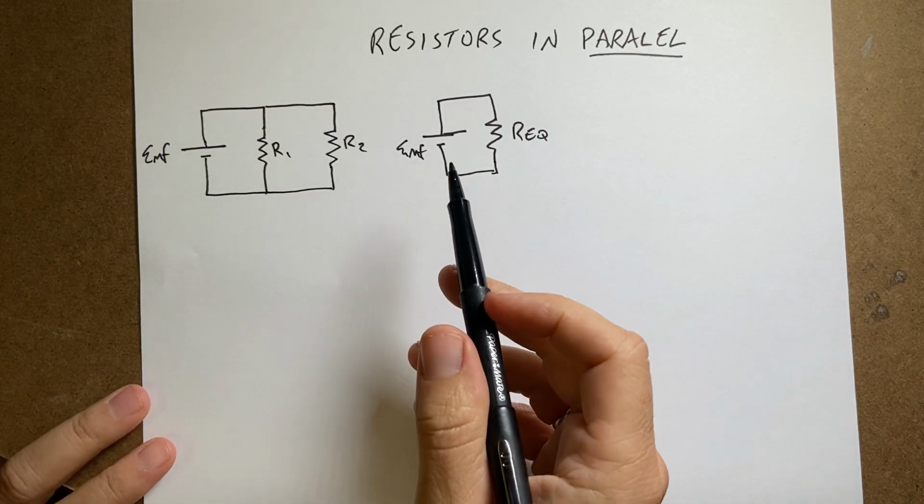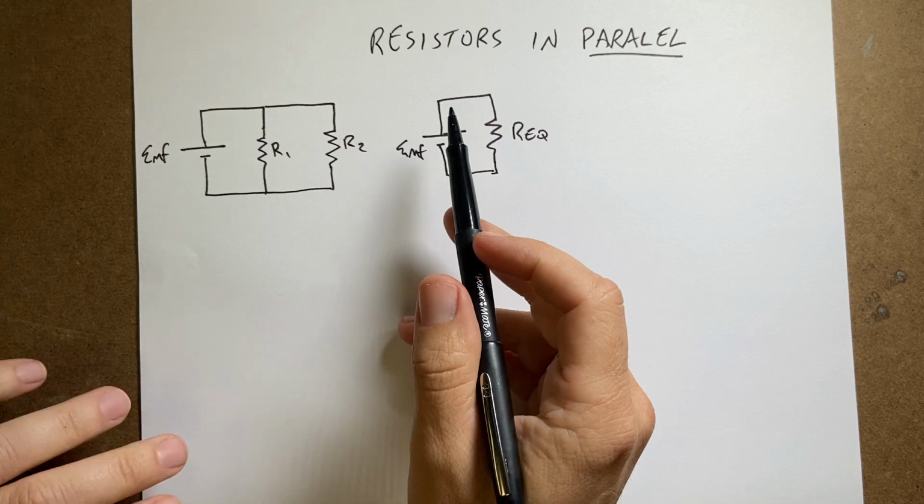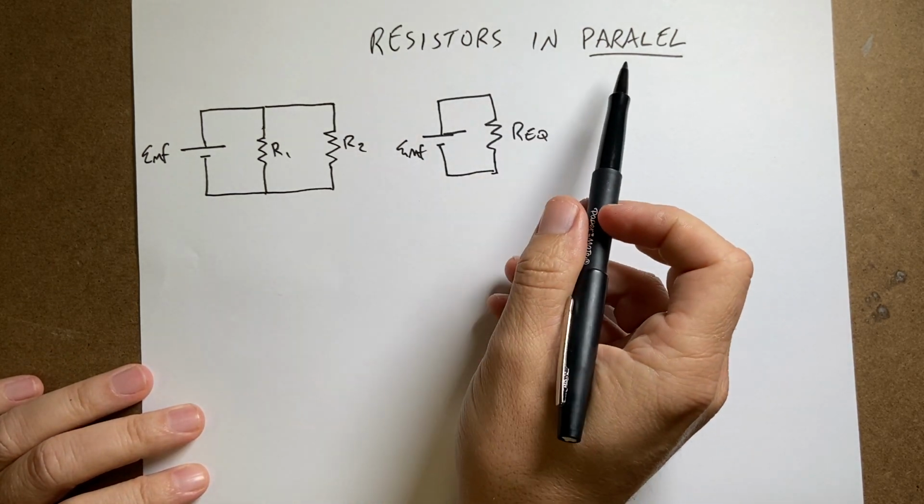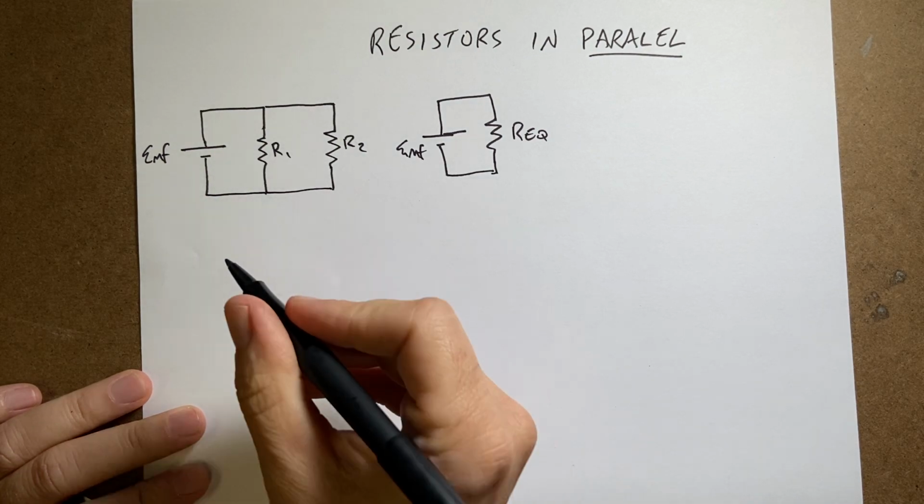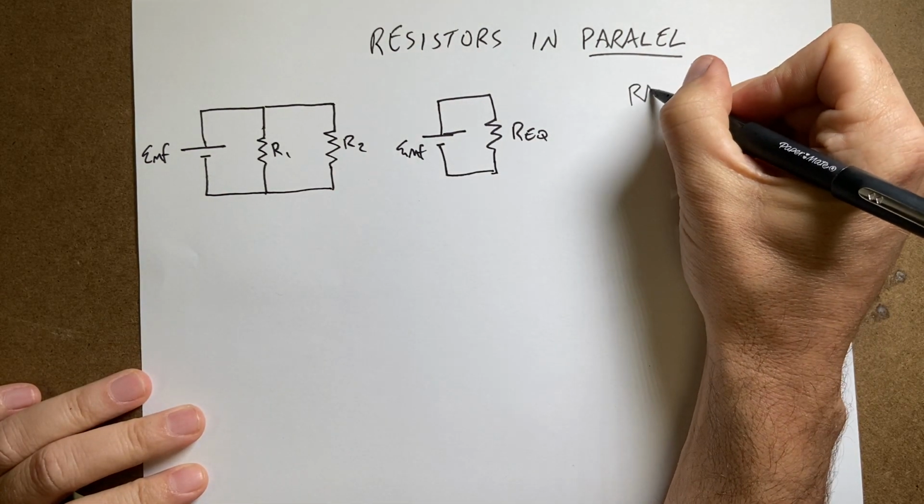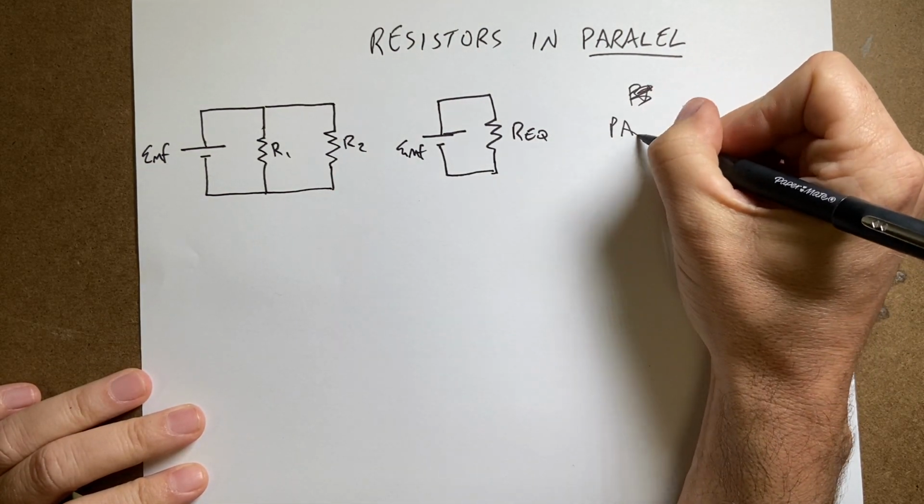Okay, continuing with resistors. This is resistors in parallel. So what does that mean? If resistors are in parallel,